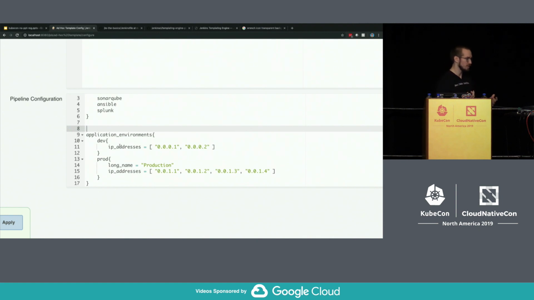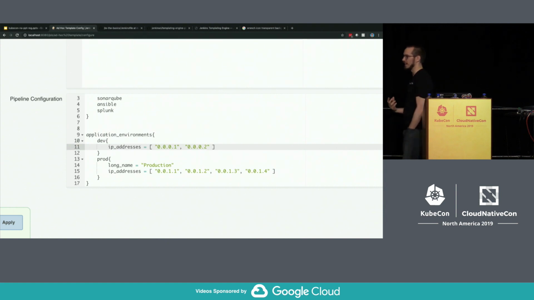Alongside your libraries, you can dynamically define application environments. Every project I've ever worked on has a different number of application environments. They give them unique names. I've been on a project where dev was called Squirtle. I don't know why. But from your configuration file, you can dynamically define these app environments and store whatever environmental context you need to know in order to perform deployments to those specific environments. So if I apply this configuration,